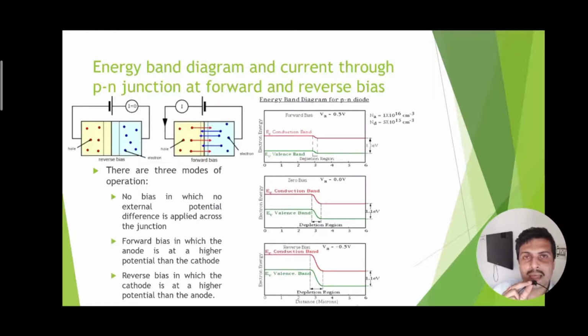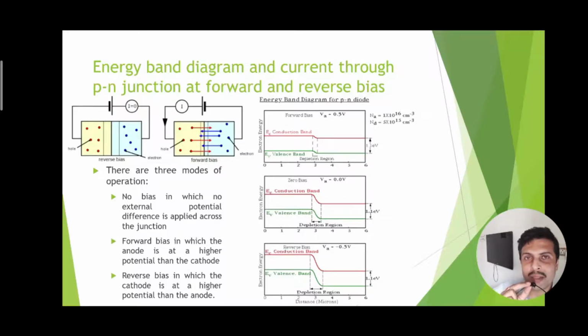Reverse bias means the N-type semiconductor in the PN junction diode is connected to the positive terminal of the battery and the negative terminal is connected to the P side, and that is why the ammeter is showing I equal to 0. Though the current is not actually 0, it is very low, of the order of a few microamperes. So that is why the reading in milliamperes shows 0. This is known as reverse bias because the diode is connected in the opposite direction to the direction of the current indicated by the arrowhead of the diode symbol.